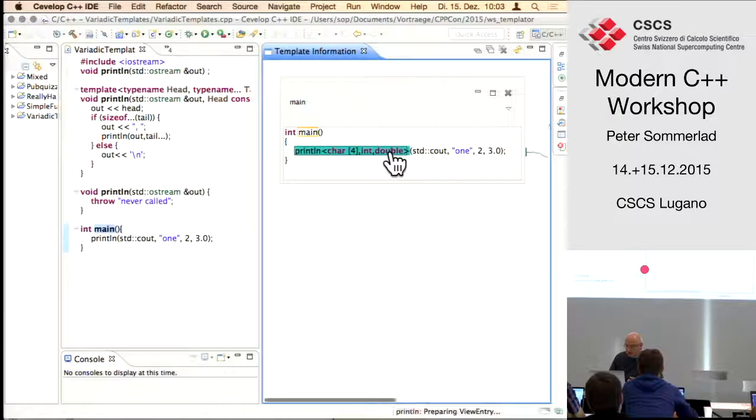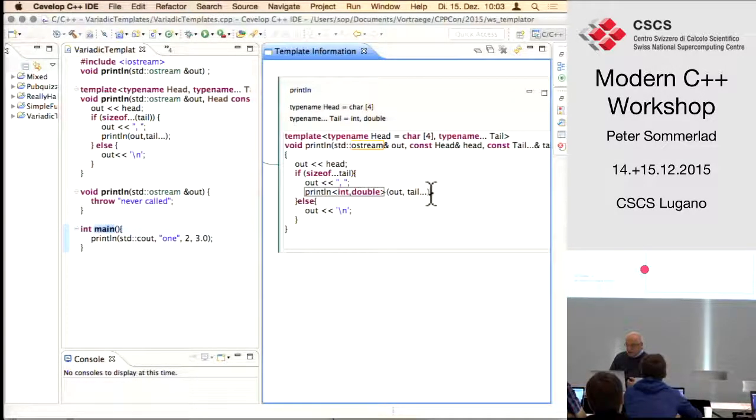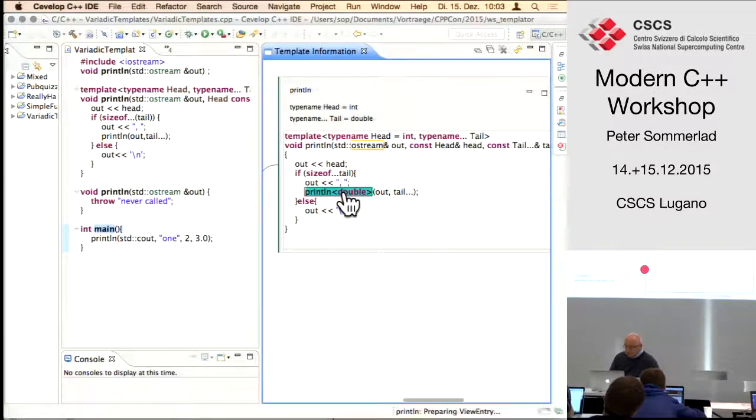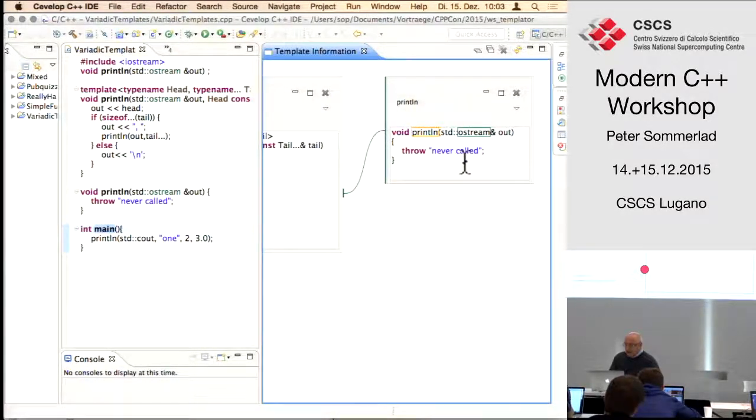And we can now click on that, and it will drill down and show us the code that is actually instantiated. And in the recursion case, the remainder is now printline with int and double. I can drill down again, and it shows again a recursion, printline with a double, and it shows us that head is an int. If we drill down further, we have printline with an empty tail, and that takes us to the recursion base case, where that will never be called because we have that version with the if.